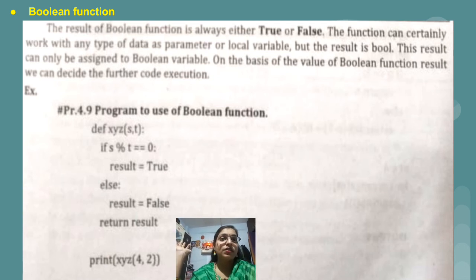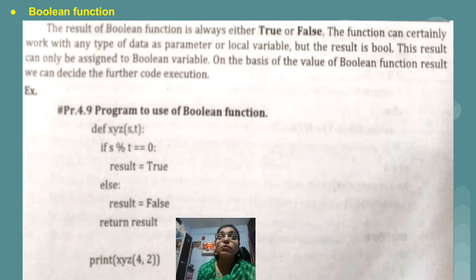Okay, and the last line of the program is print x comma 4 comma 2. So what will be the expected output? Now by default we do not have the result as true or false. We have set the value of the result variable to true or false, depending on whether the condition is true or false. So now we pass the values to the function xyz as 4 comma 2.